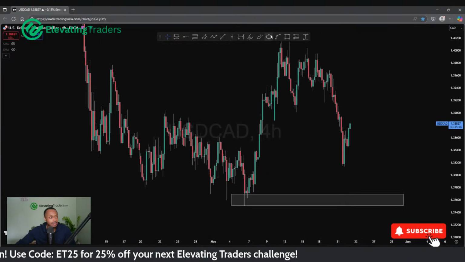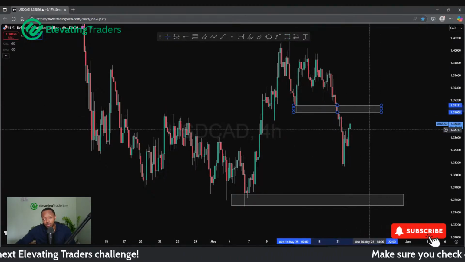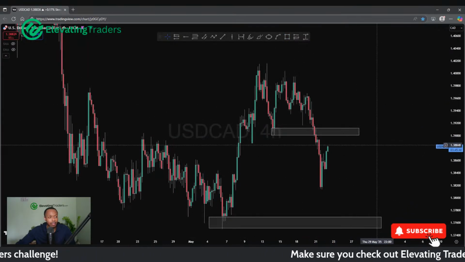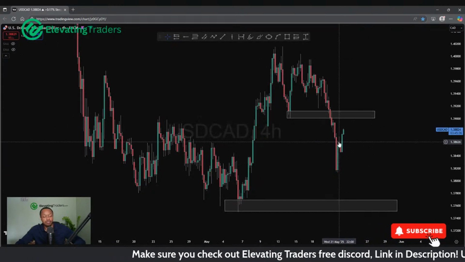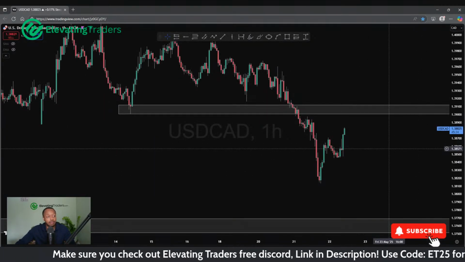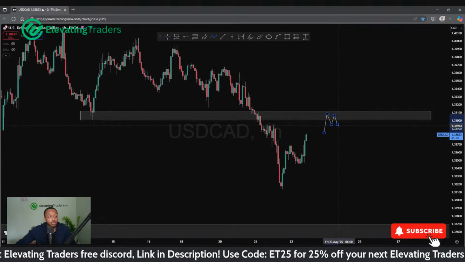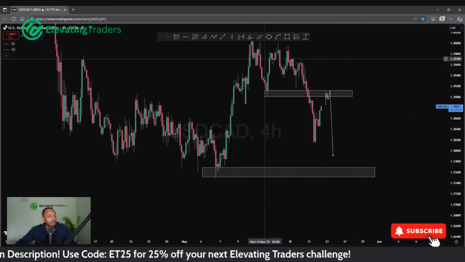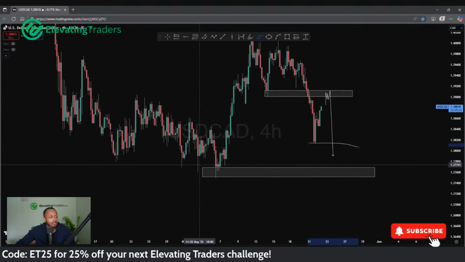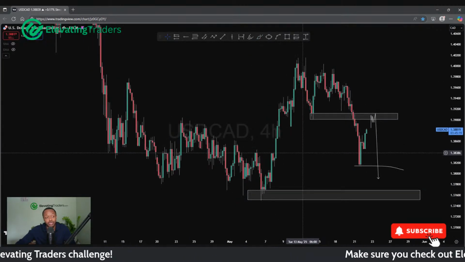We have since left behind some really nice areas of support, which of course potentially could be turning resistance now. And I do think it's a nice place for a short, especially if you can drop intraday, perhaps hourly, maybe 30-minute, even 15 potentially. I think this could provide some nice shorting opportunities for, again, a continuation to the downside, back into lows and back into these lows here as well. So dollar CAD, I think is a nice sell opportunity actually.